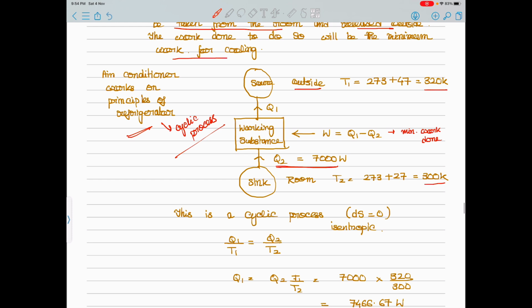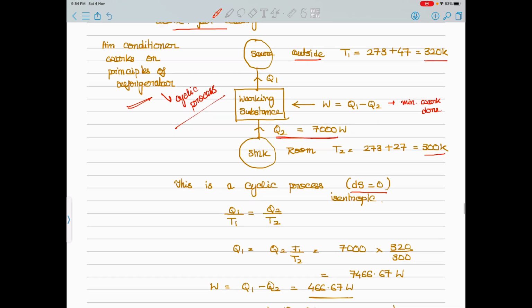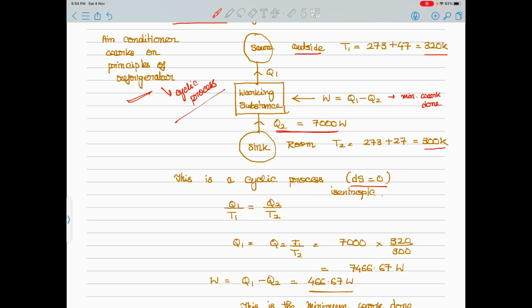Also, I have said that this is a cyclic process. Again, the entropy change is 0. Therefore here Q1 by T1 is equal to Q2 by T2. So it's an isentropic process. From here we can calculate the amount Q1, that is, how much heat is lost from the working substance towards the source. So Q1 is equal to Q2 into T1 by T2, and Q2 is given to be 7000, into T1 which is 320, divided by 300. It comes out to be about